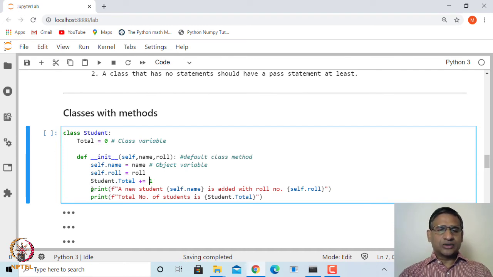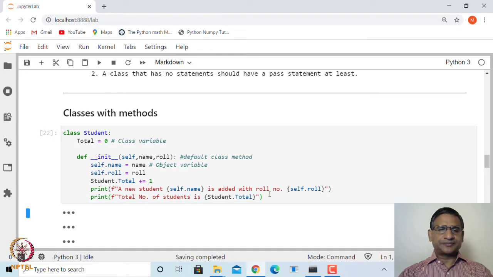And then let us also print, once a student is added, that a student with whatever name is added with whatever roll number, and then you also print the total number of students. Okay. So let us create this, and once we have created this student class,